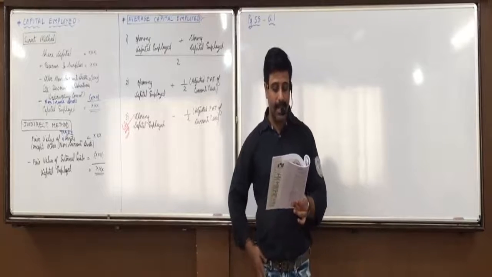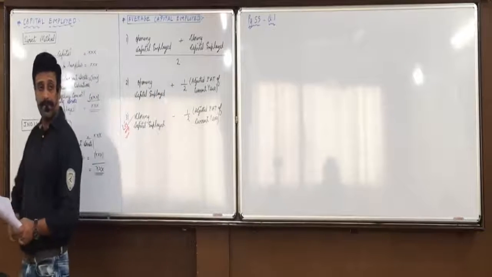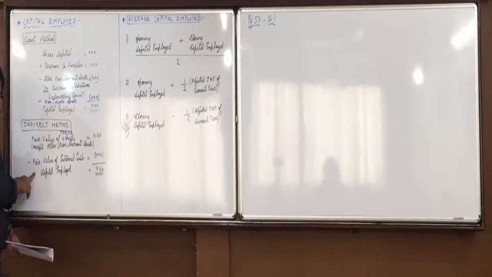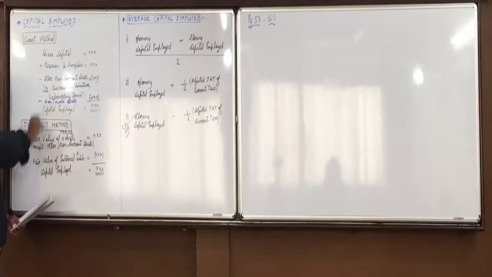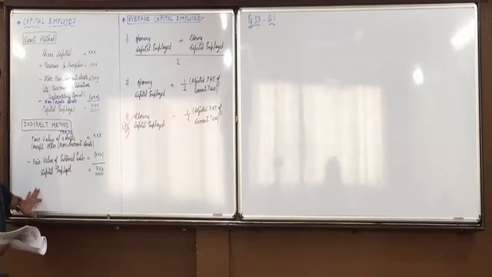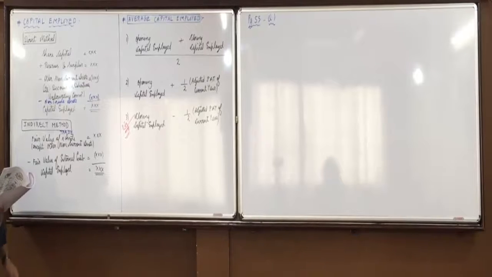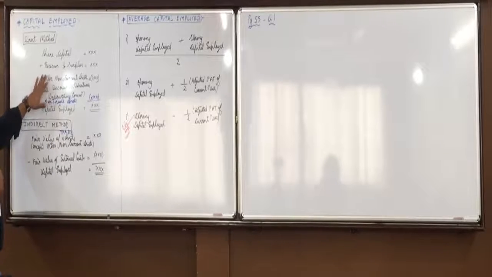So from the liabilities side, will we include equity share capital in the indirect method? No, sir. Will we include capital reserve in the indirect method? No, sir. We include that in the direct method. Will we include sundry creditors in the indirect method? Yes, that is an external liability. Put a tick on that. Will we include provision for taxation in external liabilities? Yes, put a tick on that. Will we include profit and loss account? What is profit and loss account? Where does it come in the new formats? Reserves and surplus. That is not to be included in indirect.